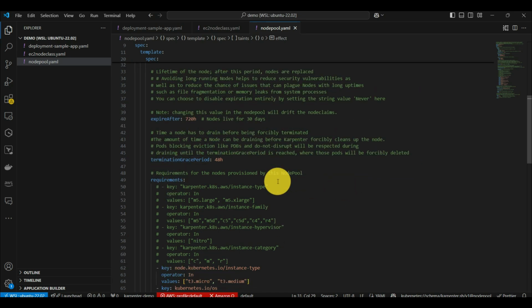Okay, so the next option is termination grace period. The amount of time a node can be draining before Karpenter forcibly cleans up the node. So